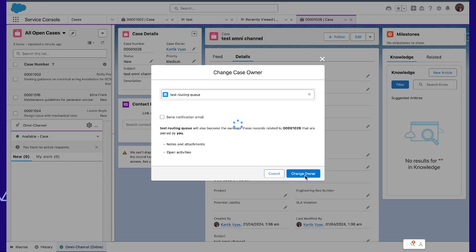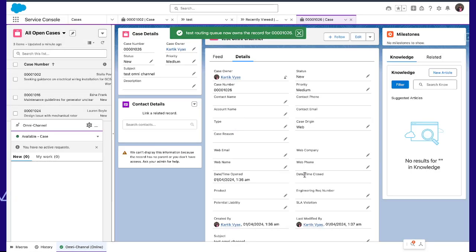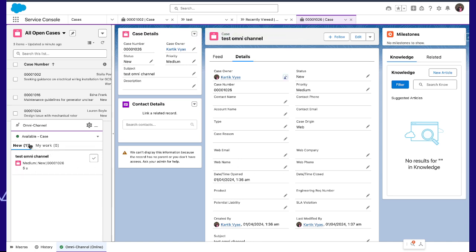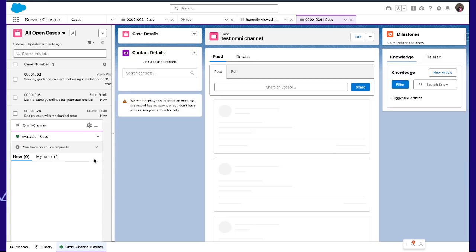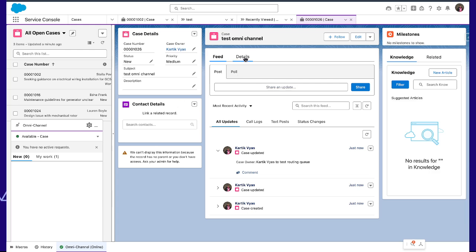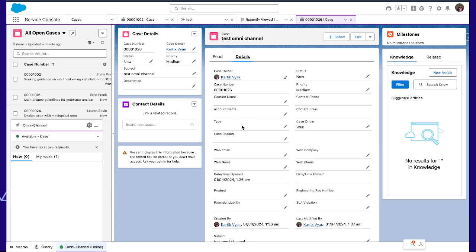When I hit change owner, you can see this is routed to me. When I click on the tick, it is automatically assigned to me.